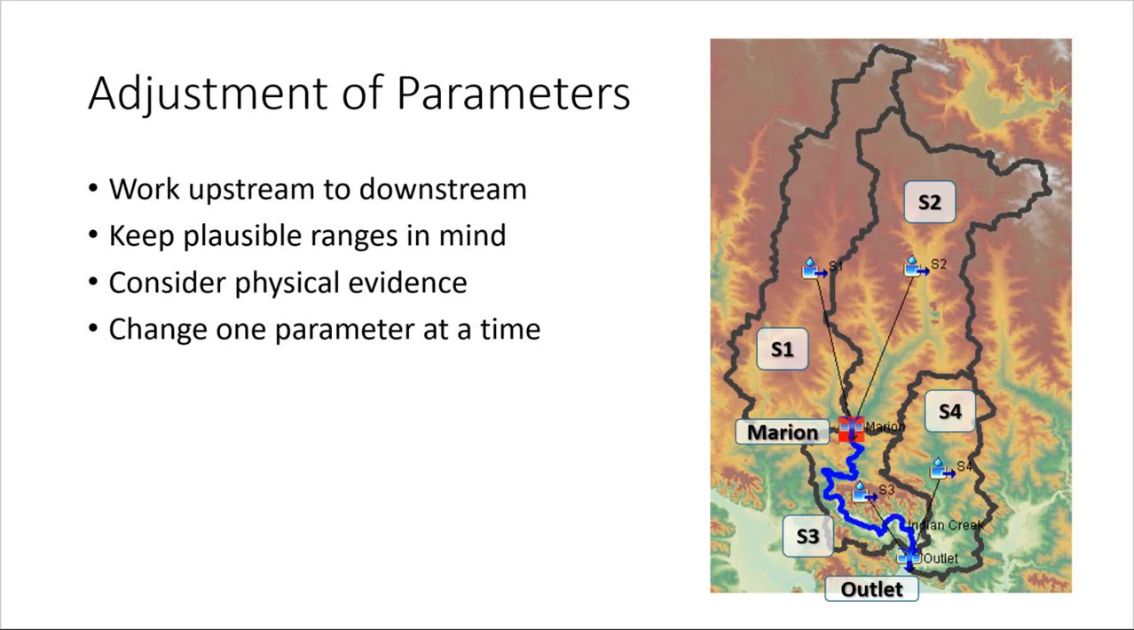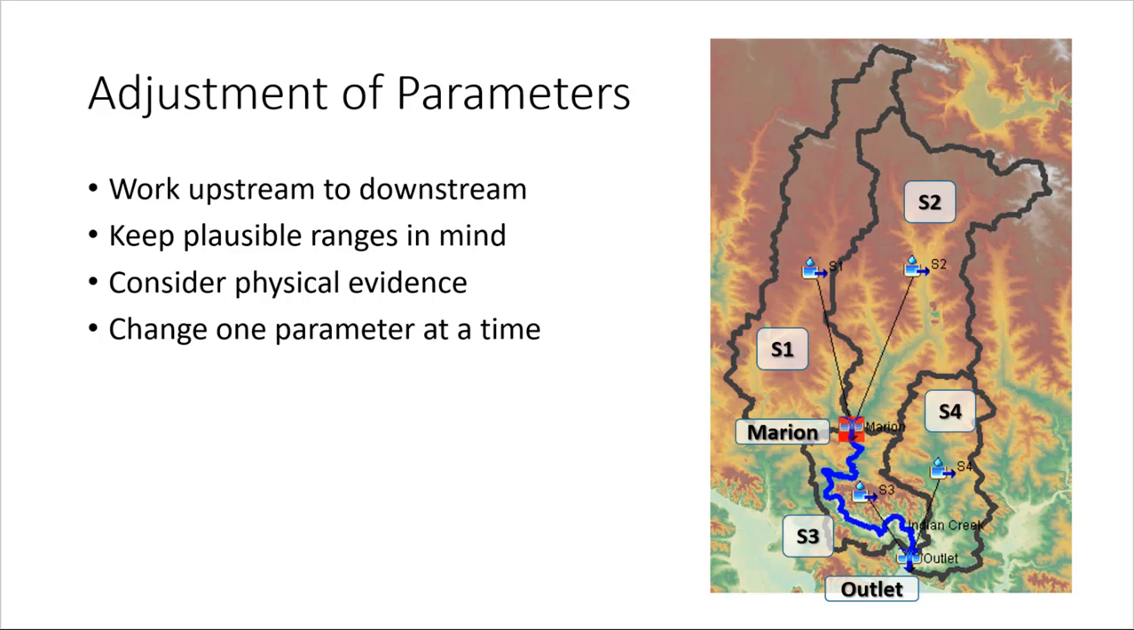Here are some simple rules for a successful calibration. First, work upstream to downstream. Get a small area performing well and then move downstream, and leave the smaller areas alone when adjusting parameters further downstream. In the image shown, you would calibrate S1 and S2 above the Marion Junction first, and then calibrate S3, S4 in the Indian Creek Reach next at the outlet junction. When calibrating for the outlet junction, you should leave everything above the Marion Junction alone once the performance at Marion